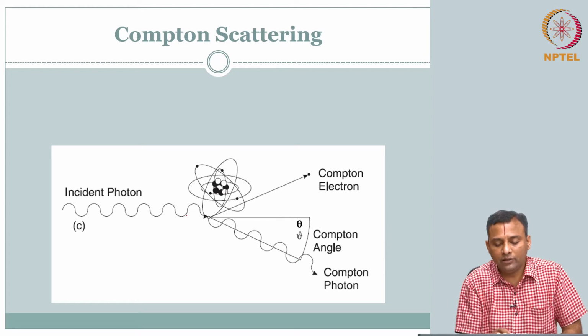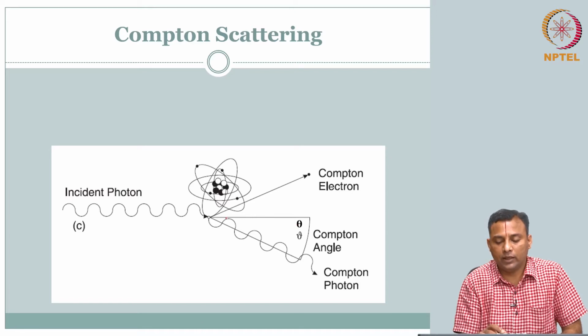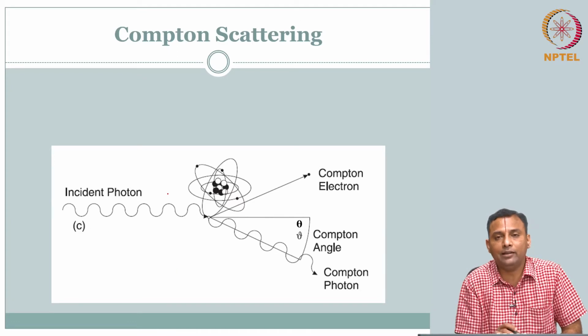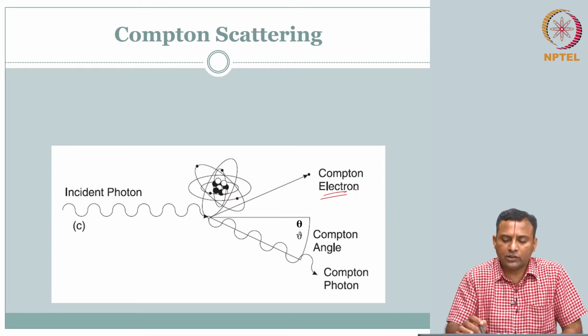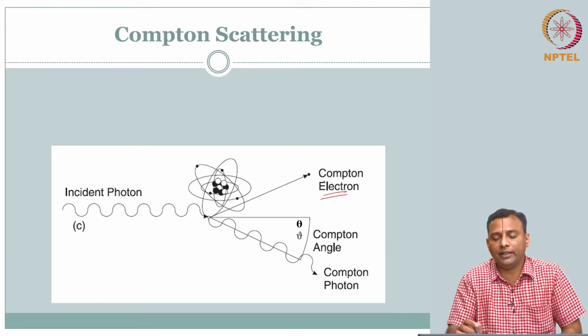Here in the illustration, if this was the original path, it is deflected by angle theta, and the electron that comes out because of Compton scattering is called the Compton electron. After that, this Compton electron could do the same thing. However, notice that the energy of the Compton electron is going to be small, but from a principal standpoint, yes, this is a particulate with energy that can go do subsequent interactions.